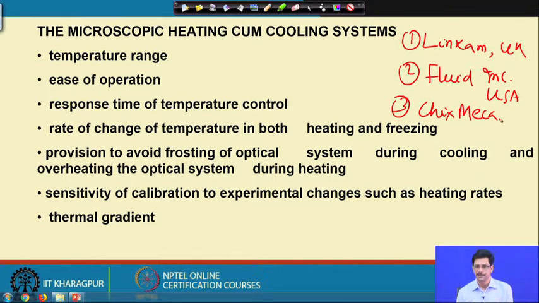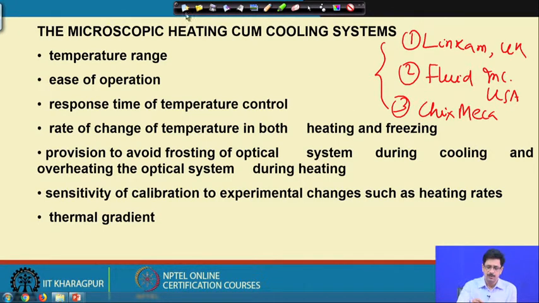to material science as well as geology, but our primary requirement is that we should be able to put the sample, or the doubly polished sample or the wafer that we have prepared, inside the system which is our microscopic heating cum cooling system, and we should be able to observe them through the transmitted light, or in case of an opaque mineral through an IR light source, and be able to observe live, so that we could record any of the temperature, any of the phase changes that are taking place at any different temperature. So, we will see some of the features of them, but